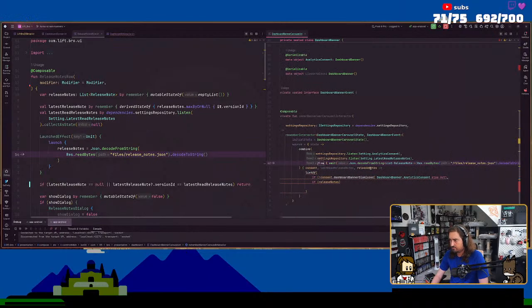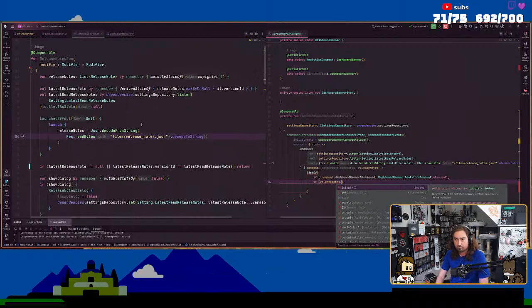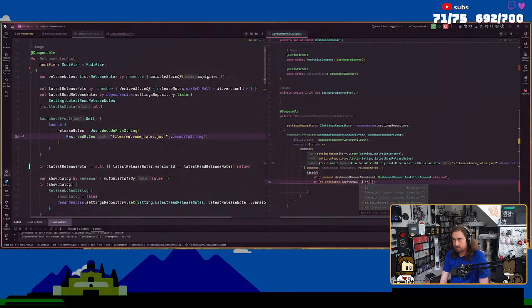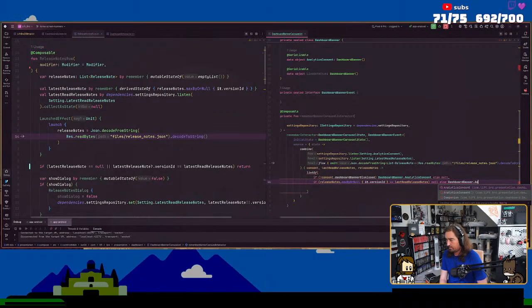Oh, I had that wrong. And then release notes dot, what was it? Max by or null, if dot version ID is greater than or equals last release notes, null, else dashboard banner dot analytics consent.